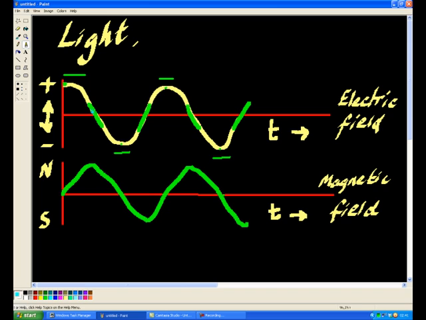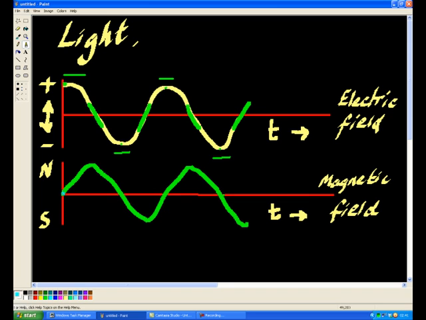Another way to explain that, we could say that the electric field is out of phase from the magnetic field. Right? Can you see that? Okay, let's take this point here. When the electric field is at its maximum, the magnetic field is at its minimum. So they're sort of out of phase a little bit. Yeah? And this actually produces quite an interesting effect, because now if we look at the magnetic wave, let's look